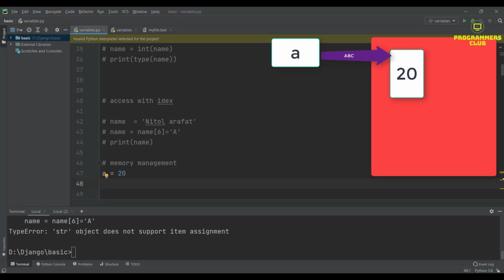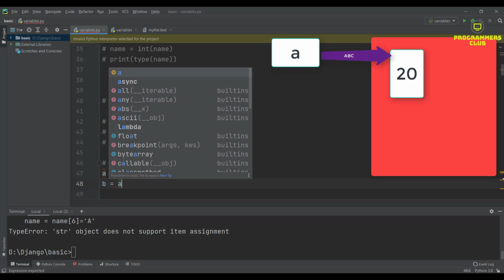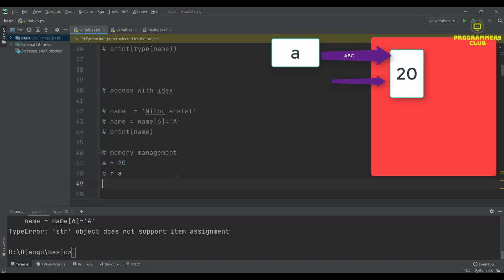Next, create another variable: b equal to a. Another variable b contains a reference to the same object. Using id, we can see the location address. Now I check that.